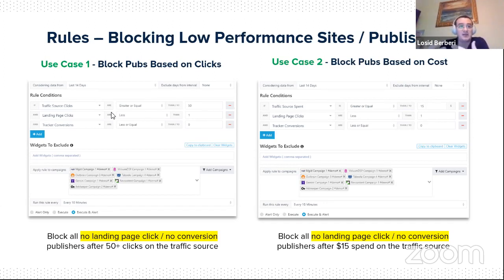So I've set the landing page clicks to be less than 1, and tracker conversion to be less or equal than 0, which in both cases means we are blocking all publishers that have sent 50 clicks from the traffic source but haven't generated at least 1 click on the landing page, and at least 1 conversion on our offer. As well, if you see at the bottom of the screenshot, we have selected multiple campaigns from multiple sources,